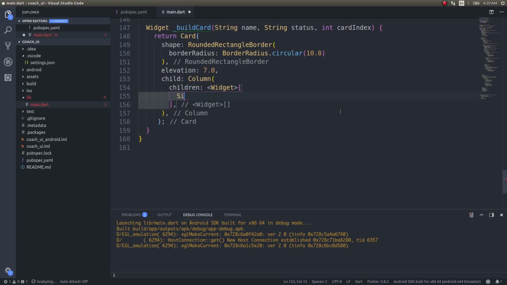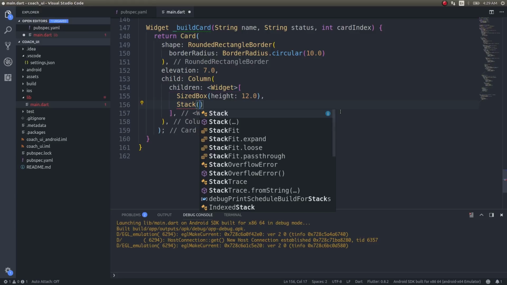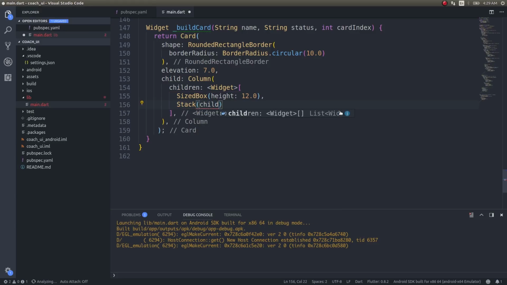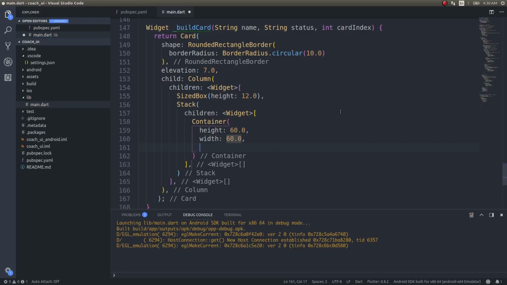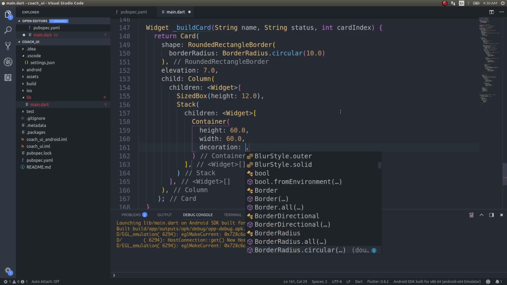Inside this, sized box height 12.0, and below this I'll have a stack, children, container, height 60.0, width 60.0, and decoration box decoration,